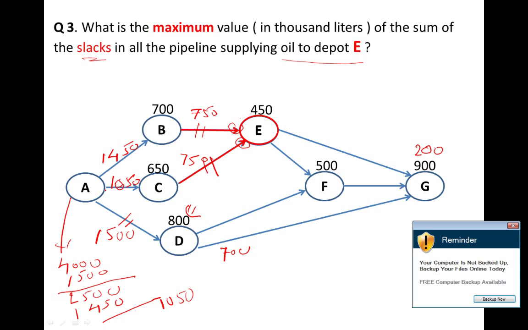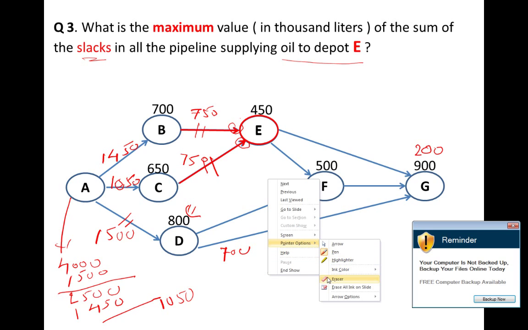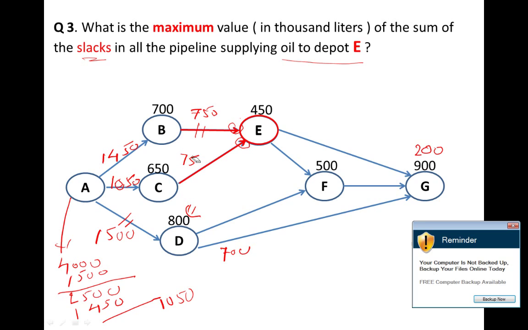The need of C is 650. So this 1050 minus 650, you left 400. So 400 will pass from C to E. So this is 400 will pass from here. Now the total inflow to E is 750. This 750 plus this 400, that's total 1150,